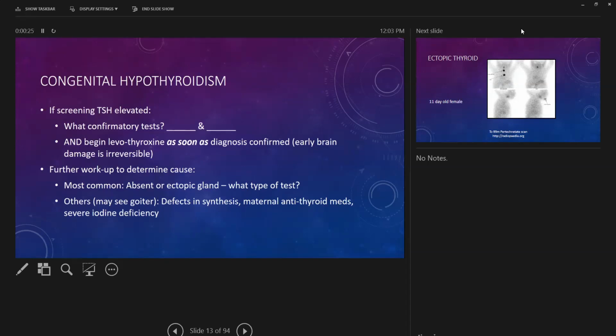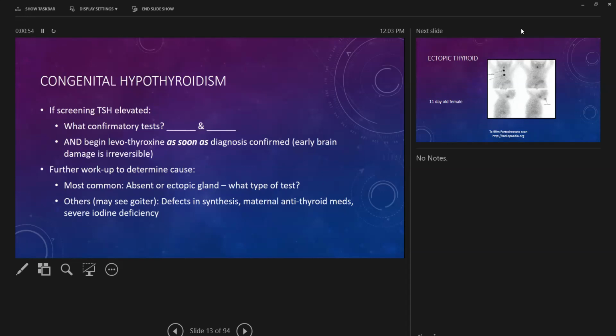Further workup to determine if we have an absent or ectopic thyroid gland. Think about what test this is. And then others, we may see on physical exam a goiter or some sort of defect in synthesis. Maternal antithyroid medications may also be utilized or may be causing part of the problem. In this case, that would cause